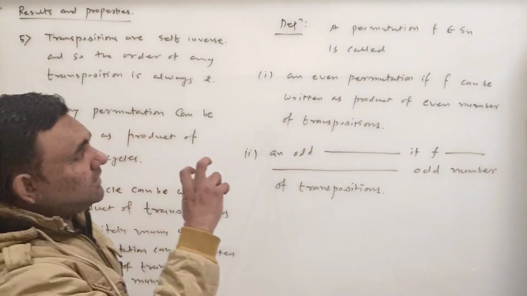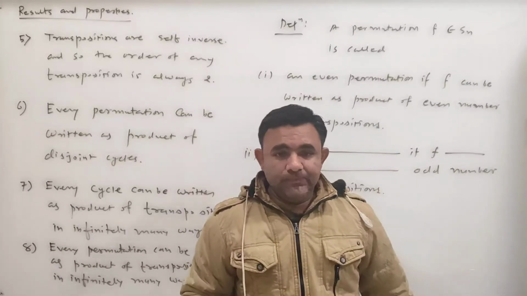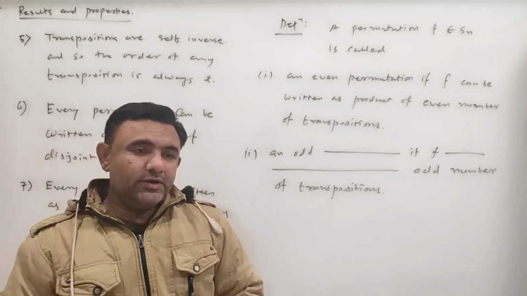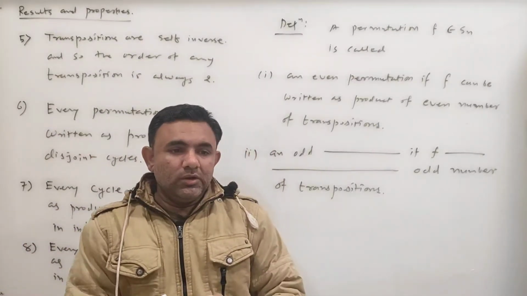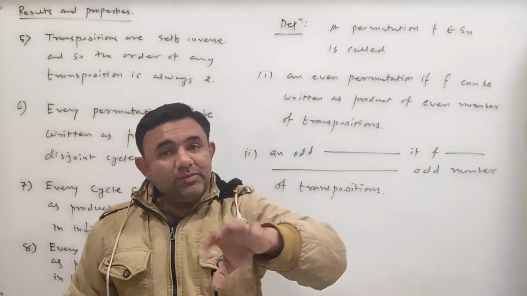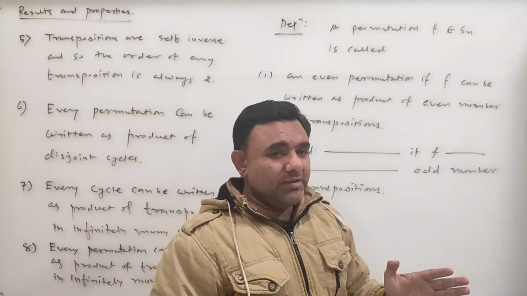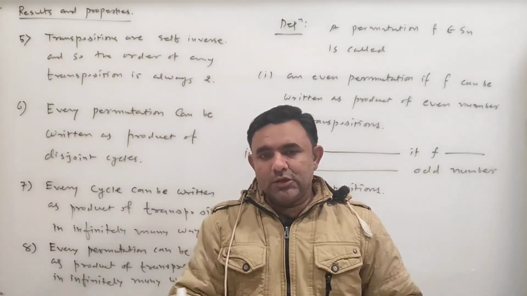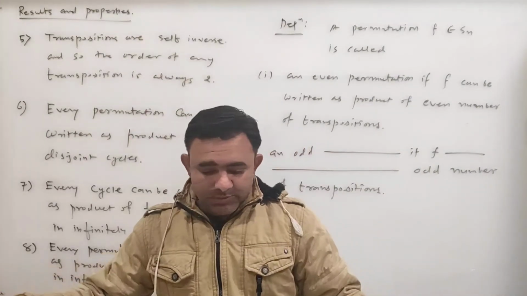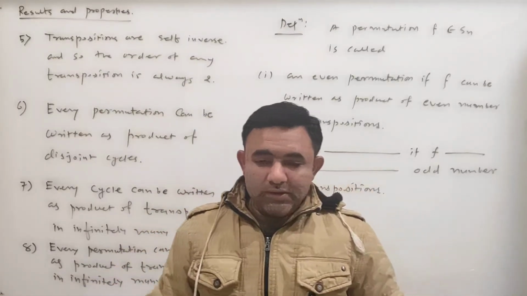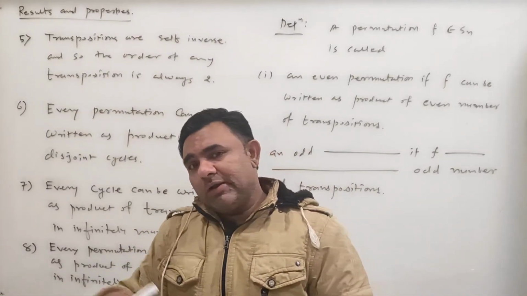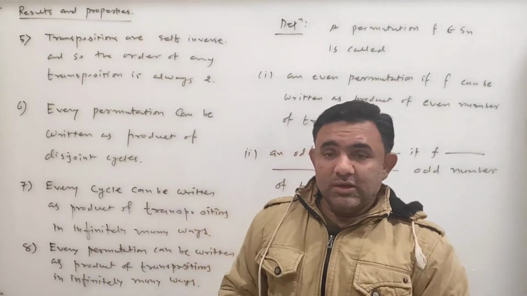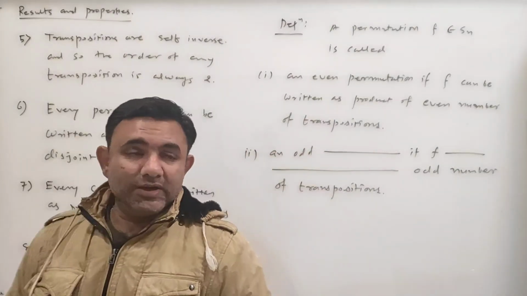और कोई भी permutation है ना मेरा वो दोनों नहीं हो सकता कि it is odd permutation as well as even permutation, ऐसा नहीं हो सकता. It is always either even or odd. कोई ऐसा भी नहीं हो सकता कि ये odd भी नहीं है even भी नहीं, क्योंकि every permutation can be written as a product of transpositions. तो वो जो product of transpositions आ गया, then एक बार मिल गया तो आप उसको count कर लो कितने transpositions हैं उसमें. यदि वो odd है तो उसके हर एक representation में odd ही रहेंगे. Yes, वो number बदल सकता है लेकिन वो number even नहीं हो सकता. Odd के लिए odd ही रहेगा, even के लिए even ही रहेगा. Right.